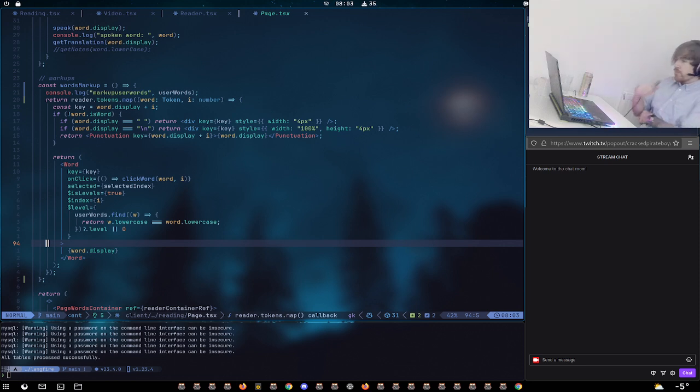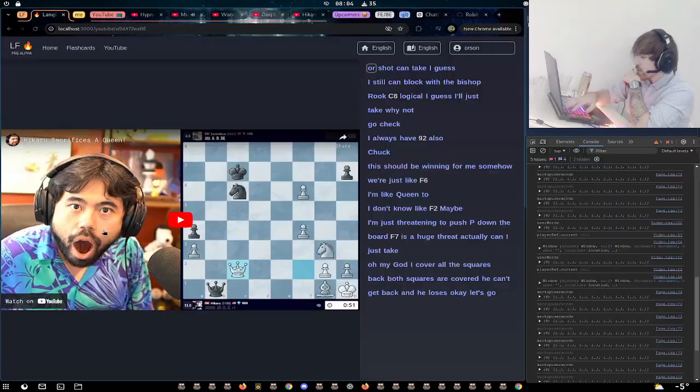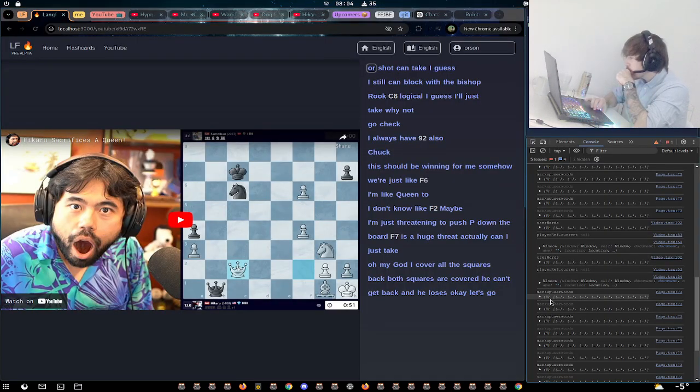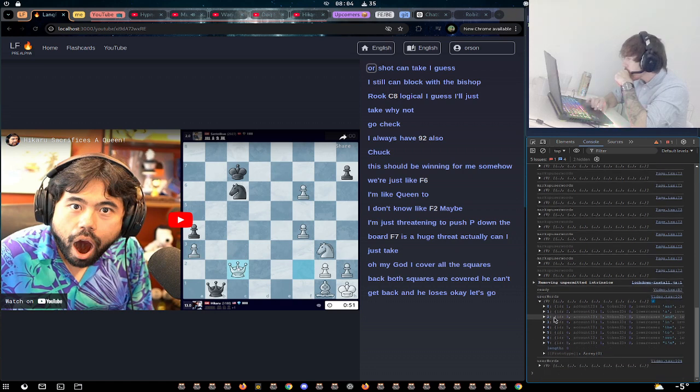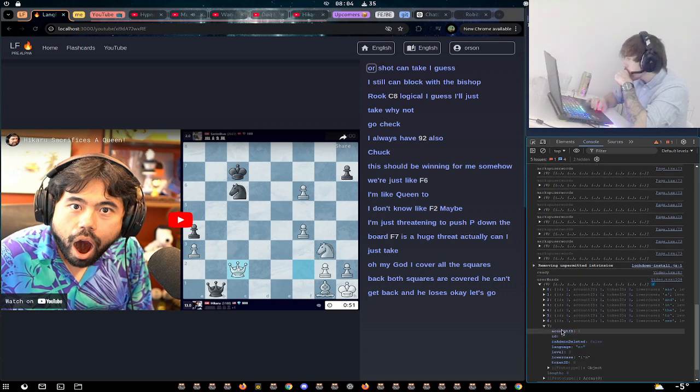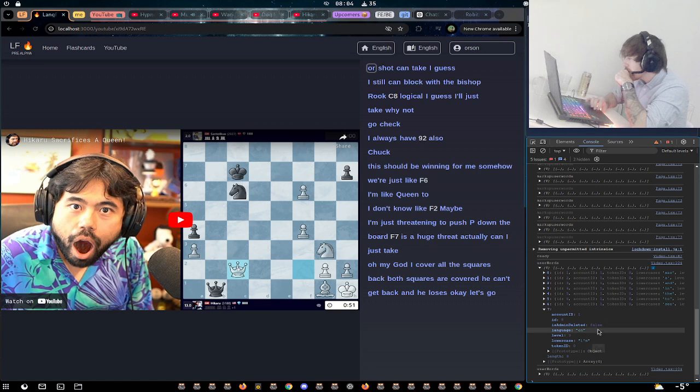Which means they use a user words.find lowercase equals word.lowercase. That should be working. Dot level. Let's take one of the last ones. Let's take this one. Level 3, I'm.